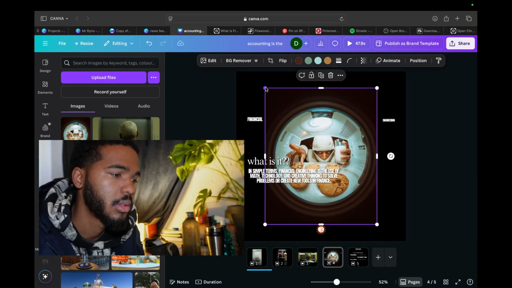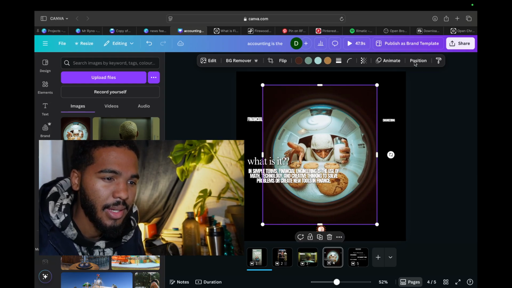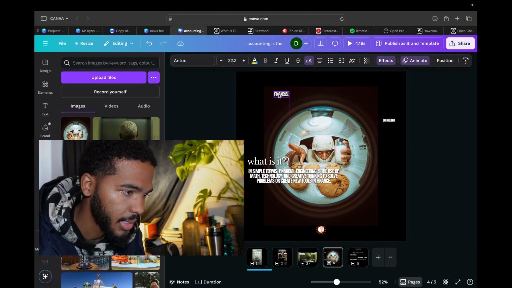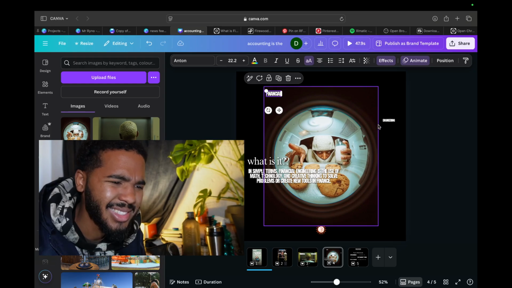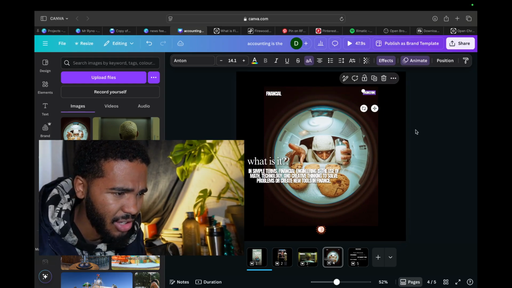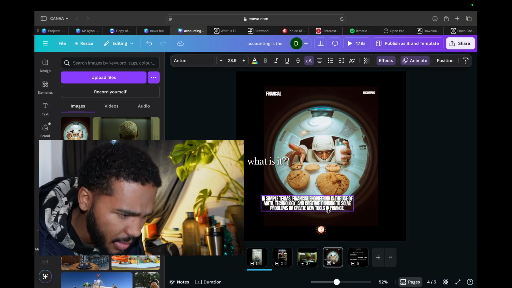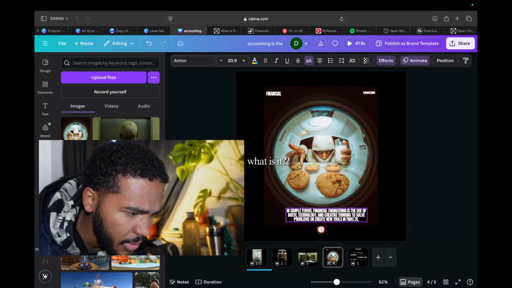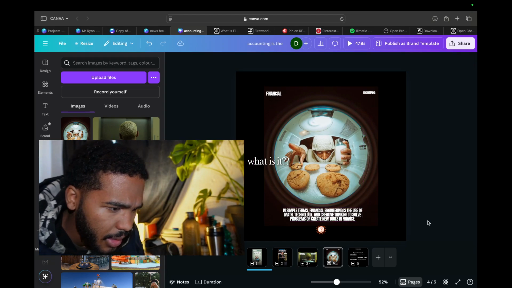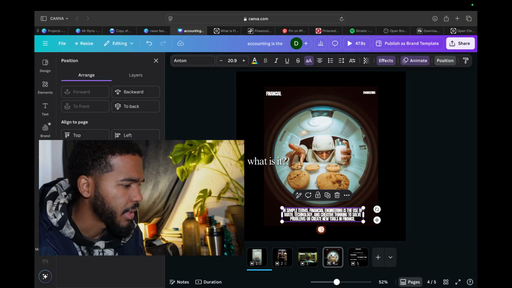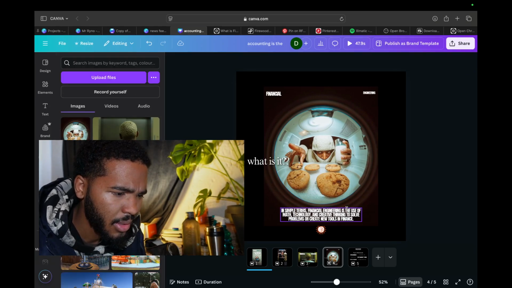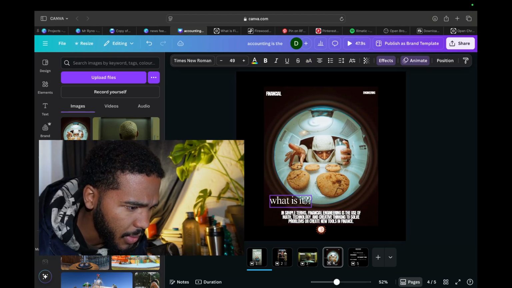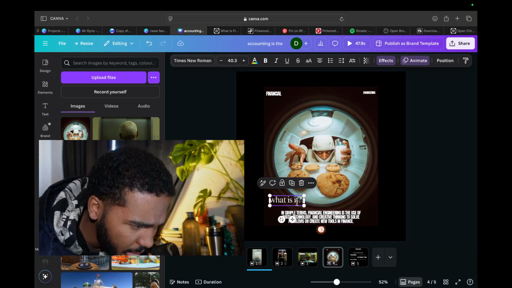Oh, is that fine? I think that's cool. Boom, boom. Oh my days. Then you add the design elements, man. You take a random picture. You need to make this a little smaller so the audience feels like, man, this is well thought out. This is elegantly designed. What is it? Then you make that a little bit smaller.